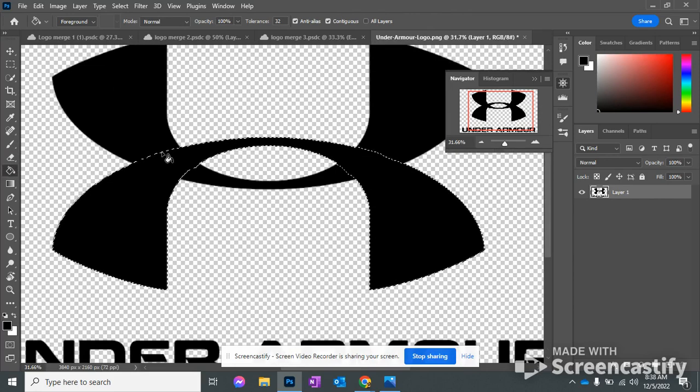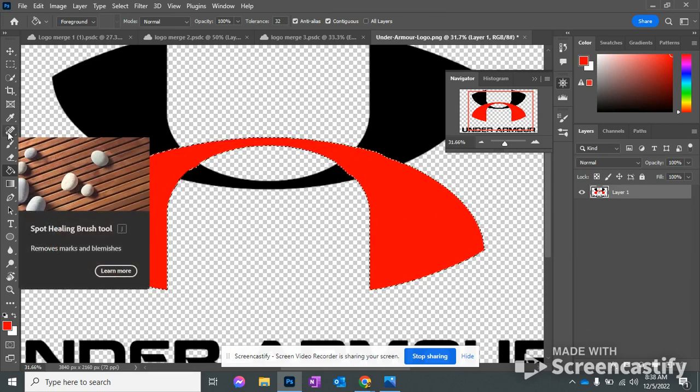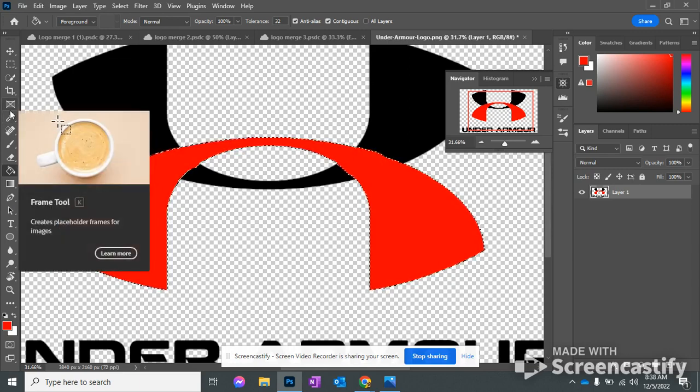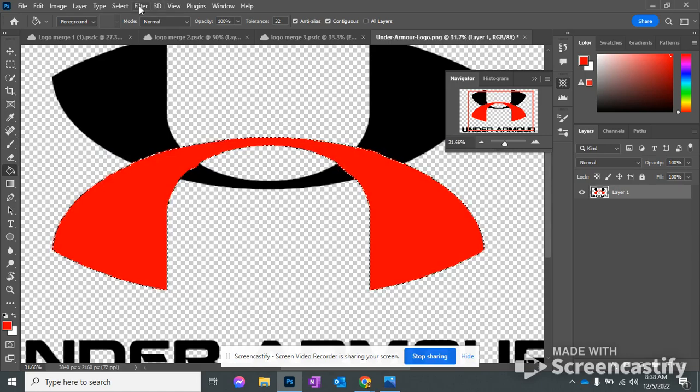So if you want to manipulate it right on here, I can change the color with the paint bucket tool and it changes the color of that selection. I can also delete it like I showed you earlier, and I can also